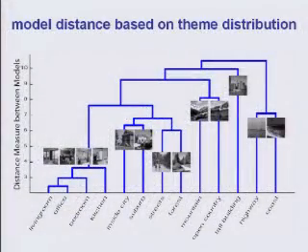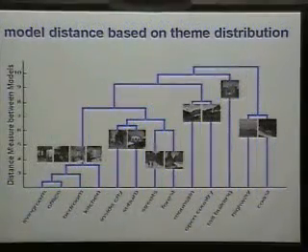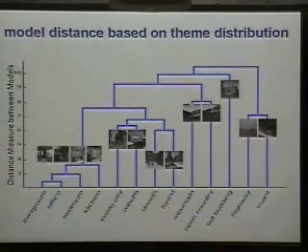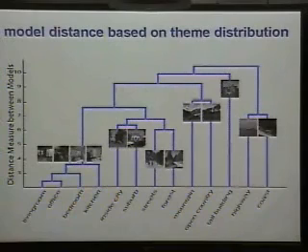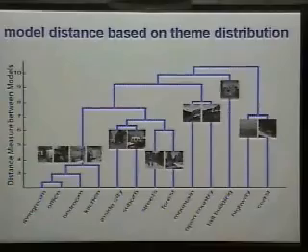What's interesting is that by looking at the distribution of the intermediate level topics and how different scene categories share these intermediate level topics with each other, you can get a nice relationship, sort of a mini taxonomy, between these categories. And they make a lot of human sense: highway and coast are more or less together, open country and mountains are more or less together, indoors are confused together. So it's kind of a cute figure.